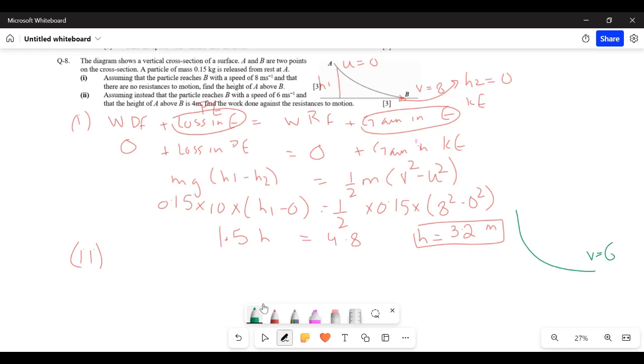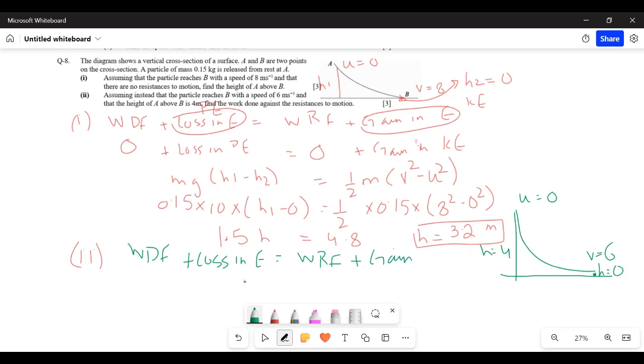so v 6 कर दिया, u अभी भी 0 है। हाइट जो है this is 4 और दूसरी हाइट अभी भी 0 है, यहाँ पे हाइट 0 होगी। Okay, so same formula, work done by driving force plus loss is equals to work done by resisting force plus gain. वर्क डन बाय ड्राइविंग फोर्स अभी भी 0 है क्योंकि ये एक सिंपल पार्टिकल है, ये एक कार या लॉरी नहीं है जिसका इंजन हो, तो ड्राइविंग फोर्स खाली इंजन से आती है, सो वो 0।